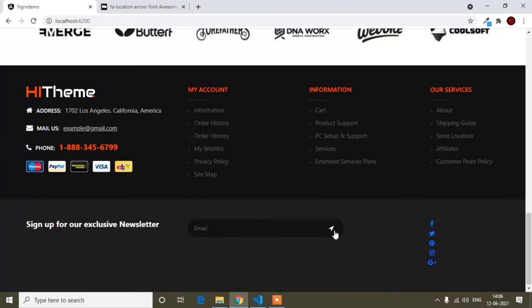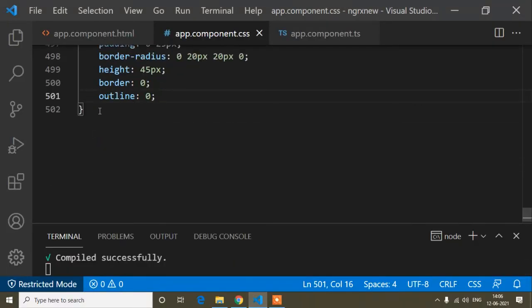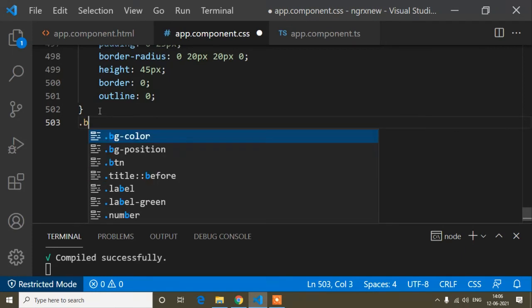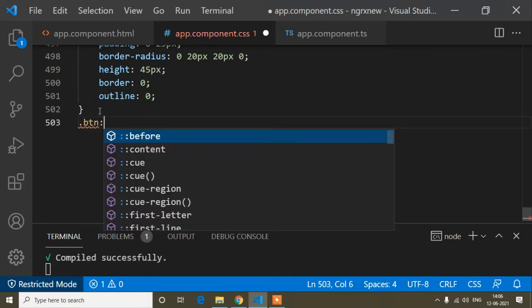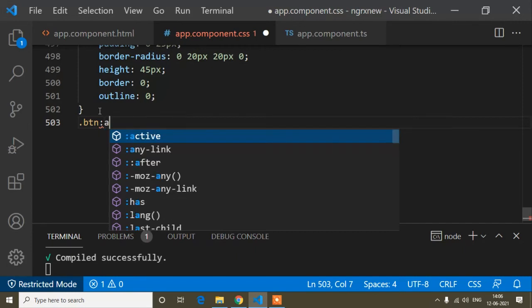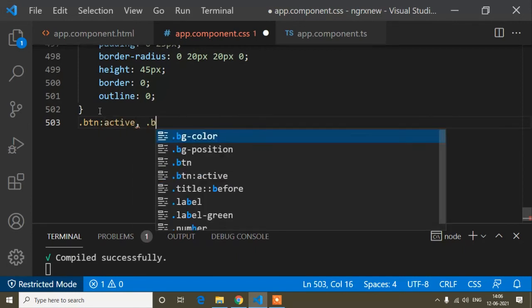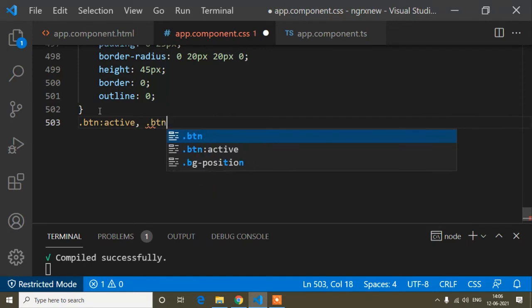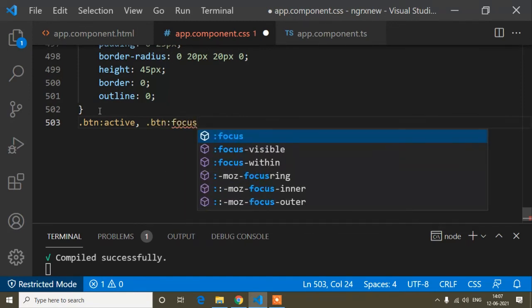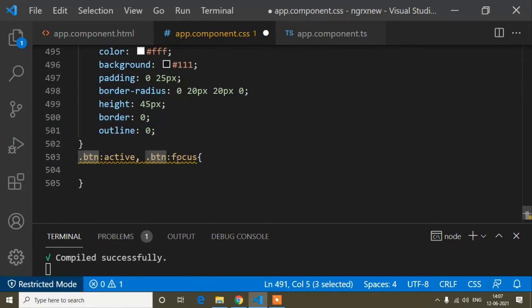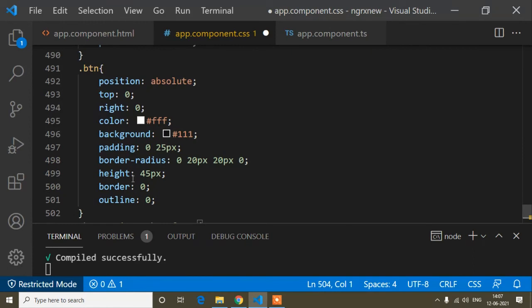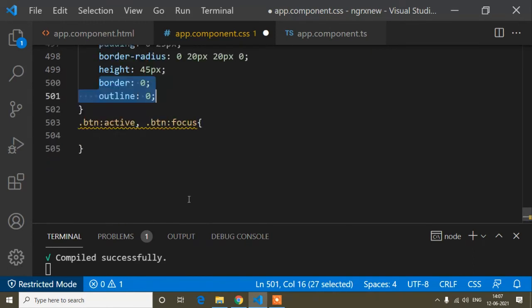And now guys, if I click this button, you can see it adds a color. That means when I'm clicking, it is active. So button active. When we hover, that is button hover, but if I click, that is active. So here I will write the class name, that is active, and also I will change the outline on focus. So button focus, button meaning this button class. Here I have to write focus with a single colon, not a double colon. And for focus, border and outline will be 0, the same thing as this one.